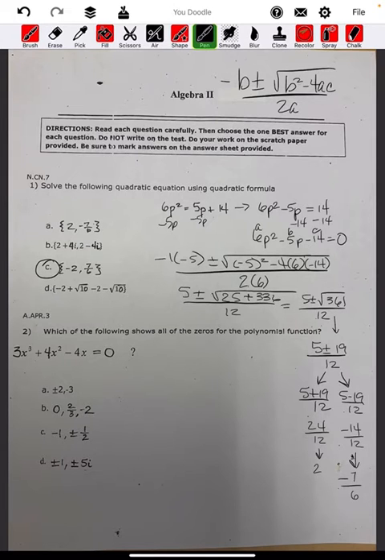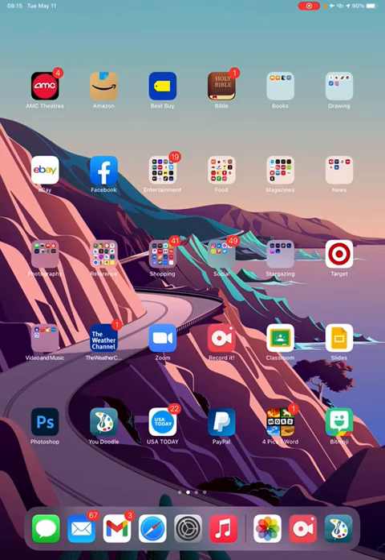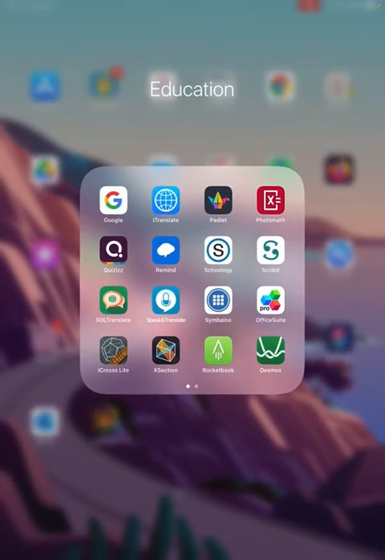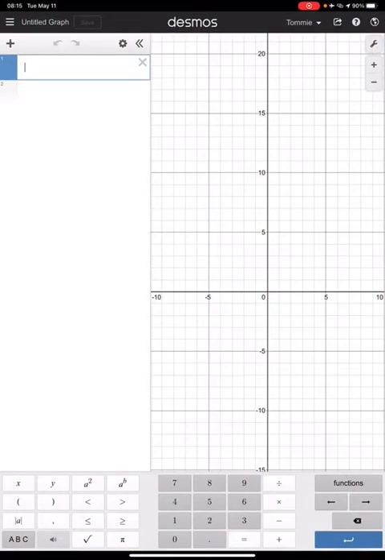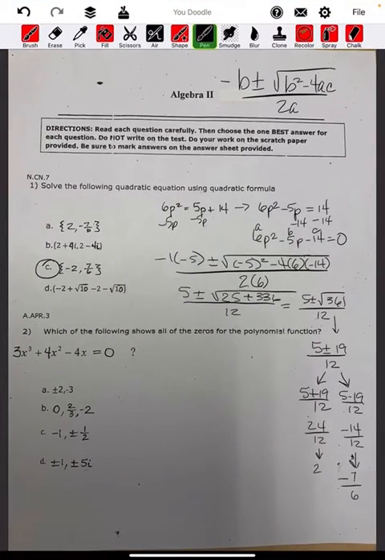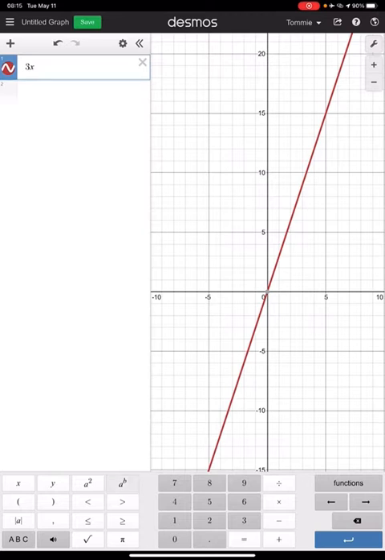It says, which of the following shows all the zeros for the polynomial function? So basically it just means that we have to find all the x-intercepts for this. So what you're going to do is go to Desmos. Give me 1 second to go to Desmos. And then we're going to type in the function again without the 0. So we're going to say 3x to the third,